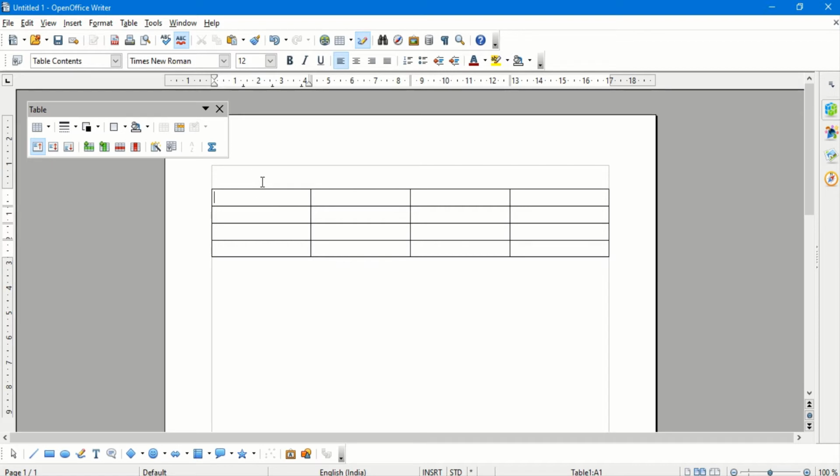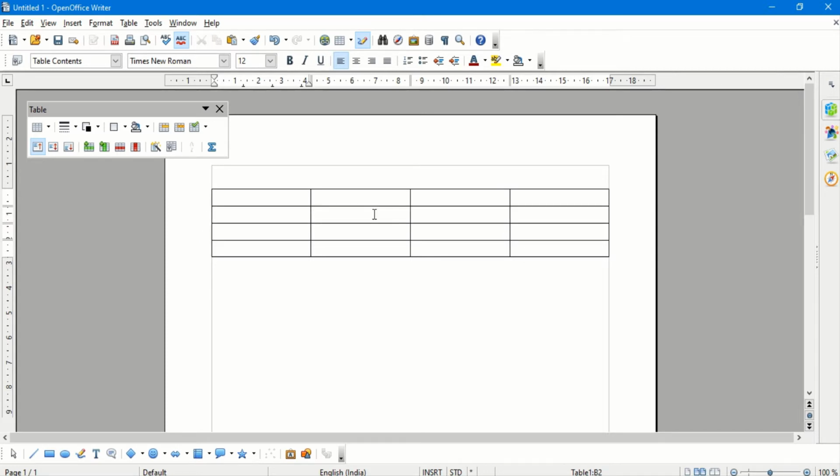So here these are the columns. A column can be selected just by placing your cursor just above the column, and an arrow mark will be displayed. This helps you to select a particular column. Similarly, to select a particular row of the table, we can simply click on the left side of the row and the entire row gets selected with a single click.